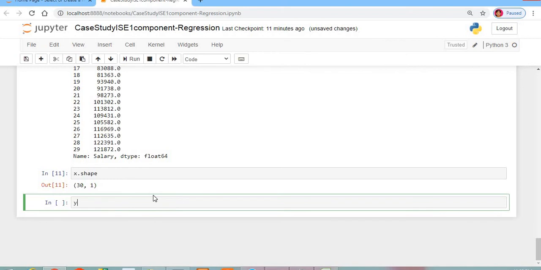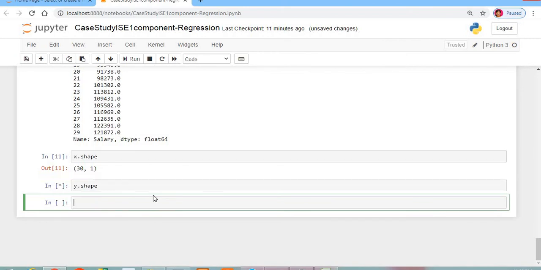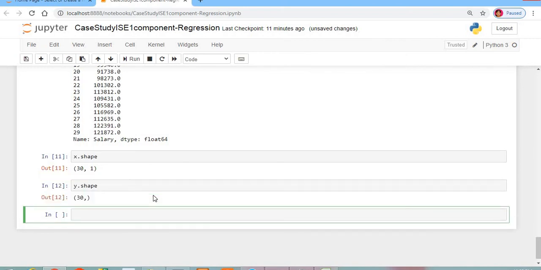We will split this data set into train and test. What is train? We will have this machine learning algorithm, linear regression, and we will be training our machine learning algorithm. How to train it? In our case, if the student gets more training, he will be an expert, right?